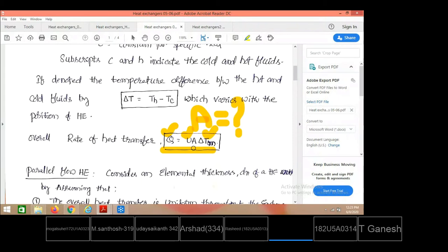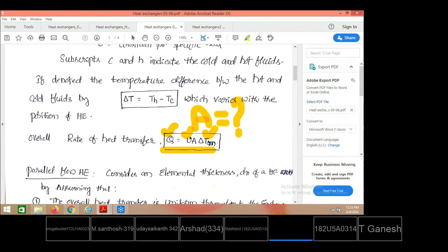But before that, you must check whether all the values are known except the heat exchanger area. If not, how to find out? Just now we have discussed how to estimate the overall heat transfer coefficient, both for clean surfaces and for fouling surfaces, with the inclusion of the fouling effect. So we know how to estimate the rate of heat transferred from hot fluid to cold fluid. So just by getting delta Tm, the mean temperature difference between hot and cold fluid for the entire heat exchanger, we can ultimately estimate the unknown value A.